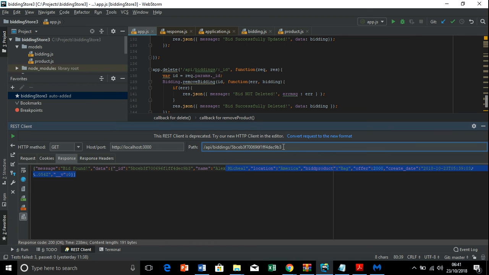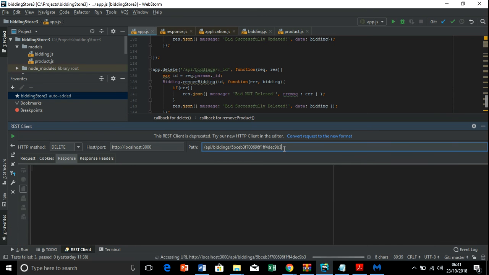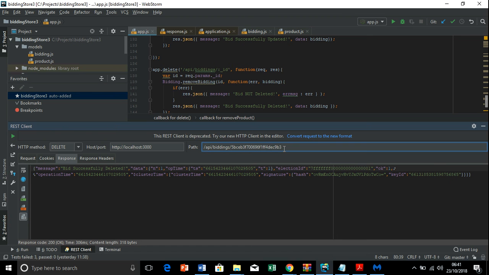So what we will do now is to try to delete this and see whether the delete works. Let's go to delete to take it off from the database. Okay, I select delete and I'm clicking now to see. It is successfully deleted. As you can see, it is deleted. It is out of the system.